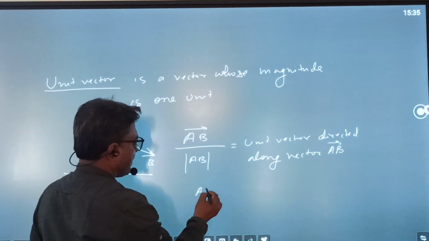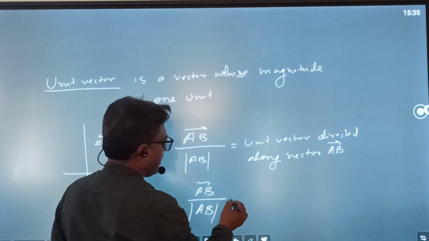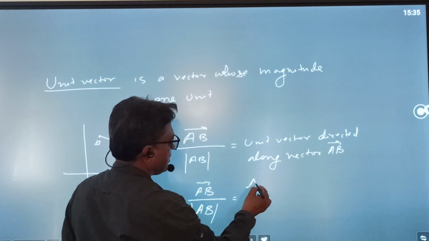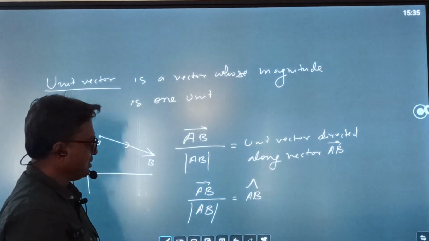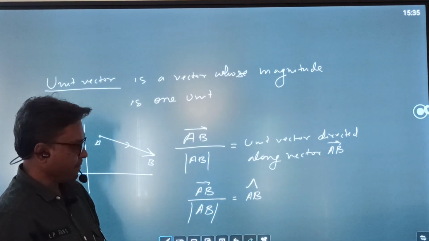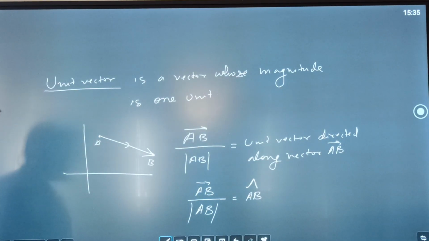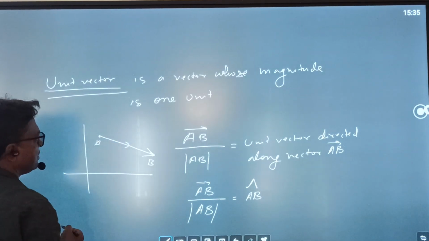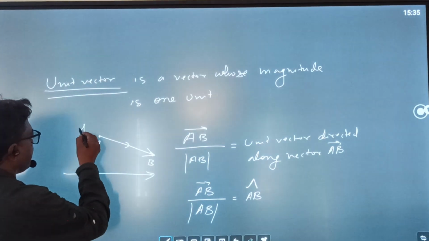So to represent a unit vector, many times we use a symbol, that is cap. This cap is representation of unit vector. So this is how we represent unit vector. We can also write it this way also. There may be some other way of representation also, but right now we are more concerned about the definitions. So this is all about unit vector. Means unit vector is a vector whose magnitude is 1 unit, and if we divide any vector by its magnitude, then